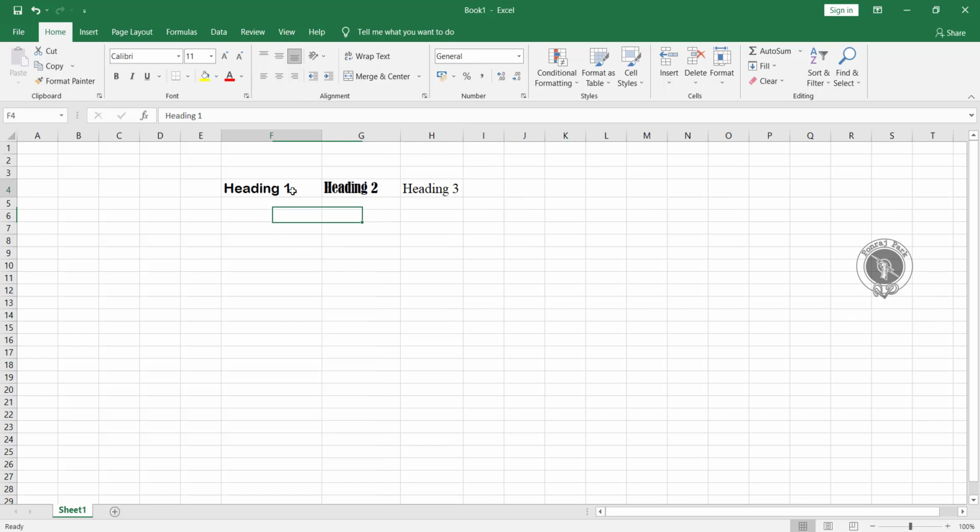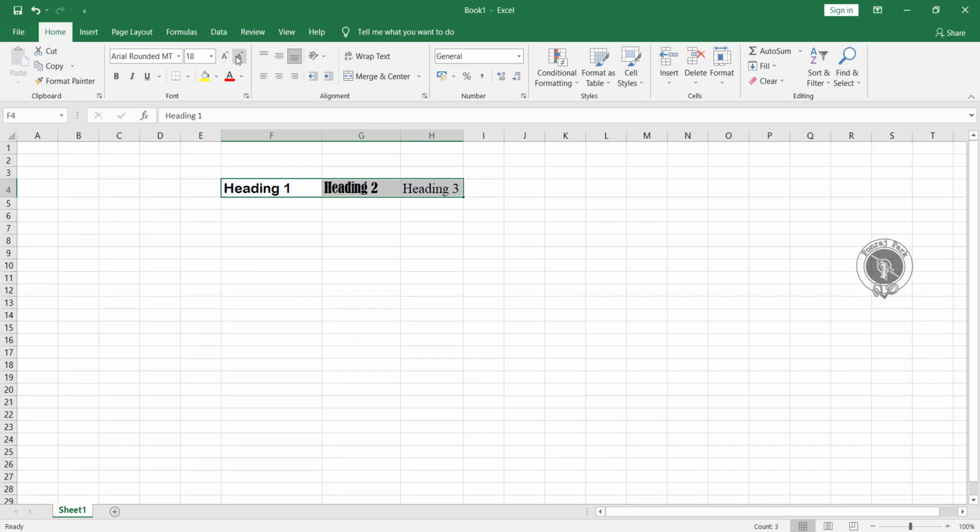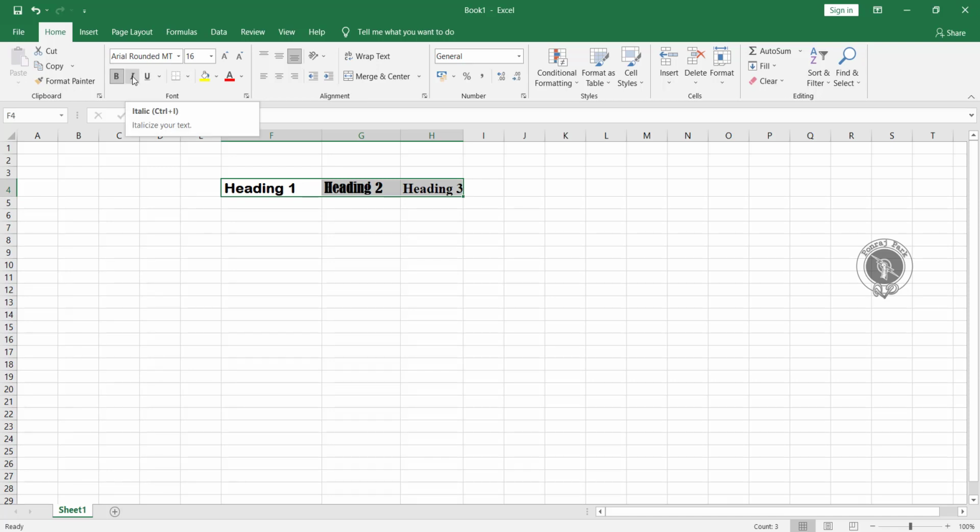Next we have the shortcut, so you can directly click here for increasing the size or decreasing it. You can use both of these options. Next we have making text bold. You can simply click here to make it bold. Then for making it italic, you can change the fonts from here. If you want to apply the underline, you can simply click on this box, and the underline will be applied.